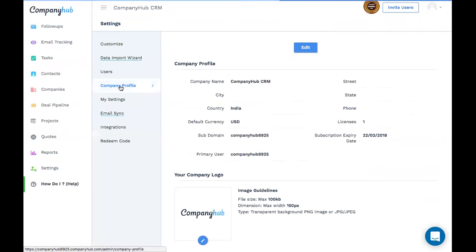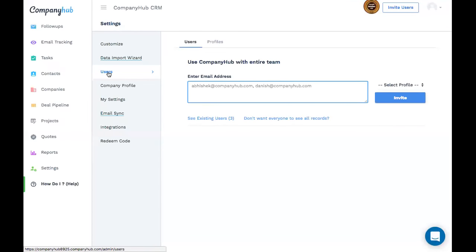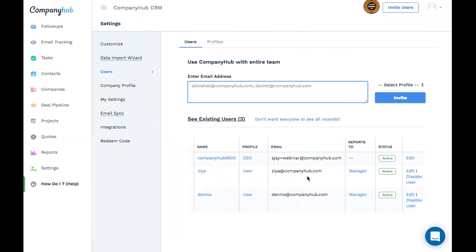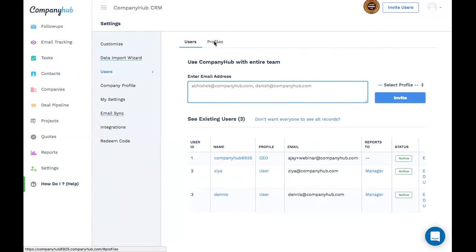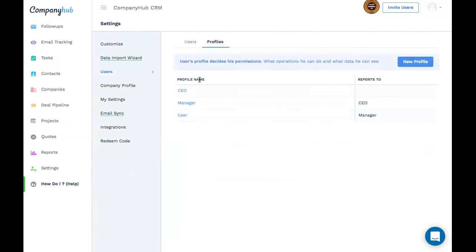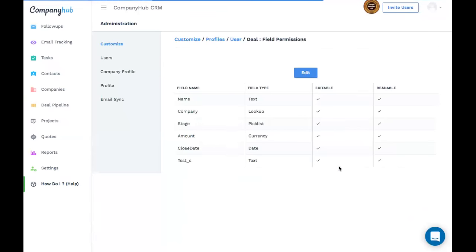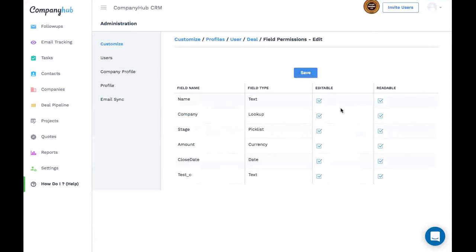We do have the users. So basically, what happens is you can restrict a particular user to see a particular table, or maybe the fields in that particular table. Now, how you can do that is, you can easily create a profile. By default, we have CEO, manager, and user. So, if you want to restrict a user from seeing deals, you go into view, you're going to edit, and